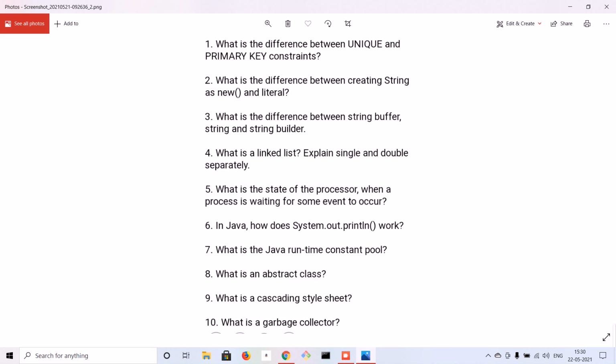Now the difference is that a unique key can be null, so it does not maintain the integrity of the table, but a primary key cannot be null. Every table will have one primary key, but a relational table can have more than one unique key. Ultimately, the job of the primary key is the same as the unique key, the only difference being whether it can be null or not, and every table must have a primary key. Both unique key and primary key can act as a foreign key for another table.